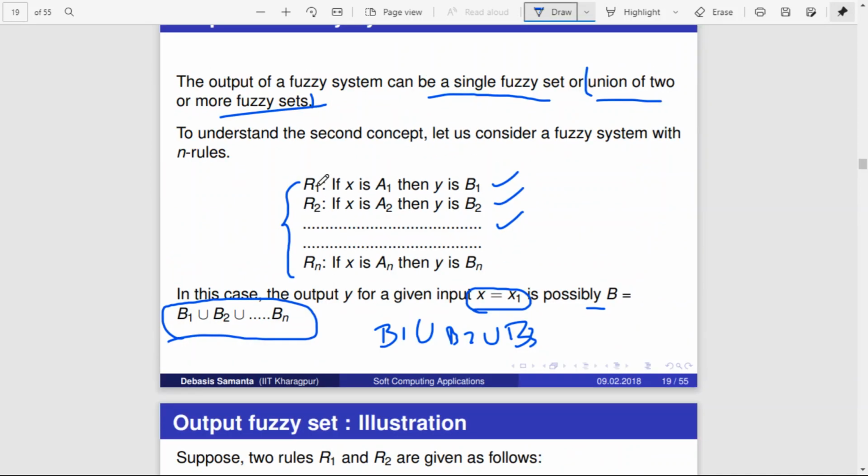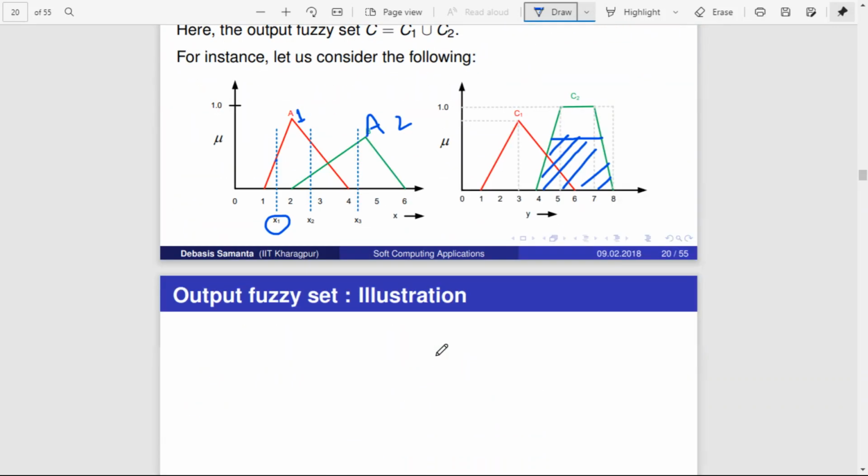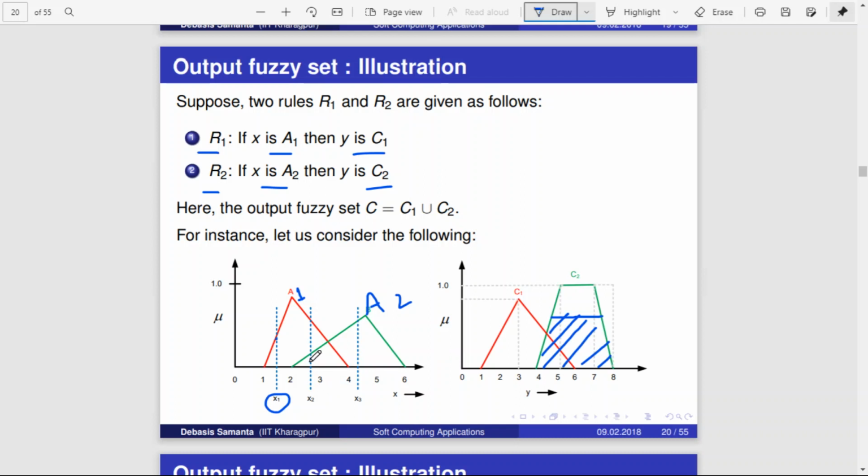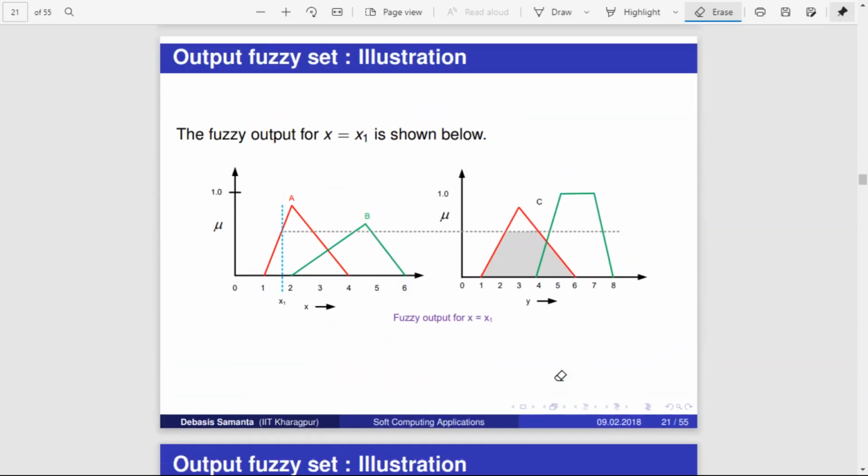That is, sometimes more than one rule may occur. If more than one rule is satisfied, then you have to take the union of these. That is what this example says. When X is X2, it is satisfying more than one rule. It is satisfying R1 and also R2. Then you have to consider the union of both. So you have to consider the R1 part of C1, and also the R2 part of C2. Whatever we have discussed here is explained more graphically.